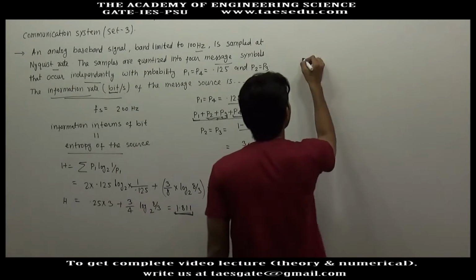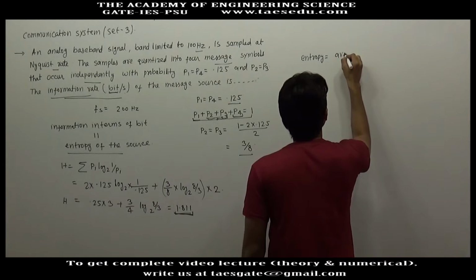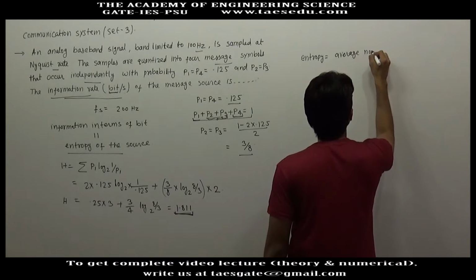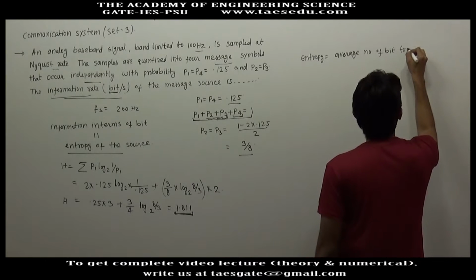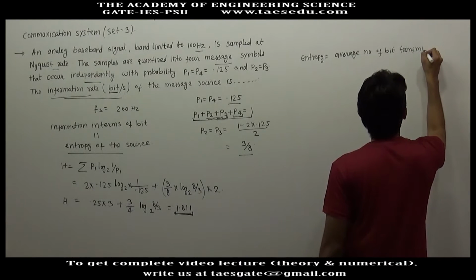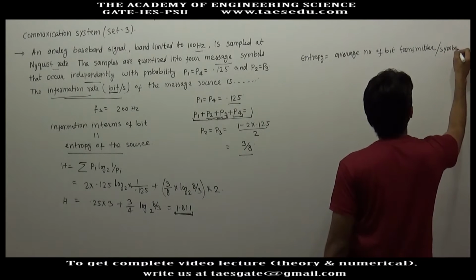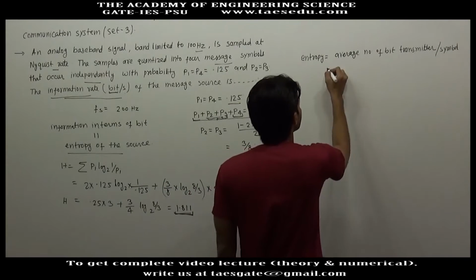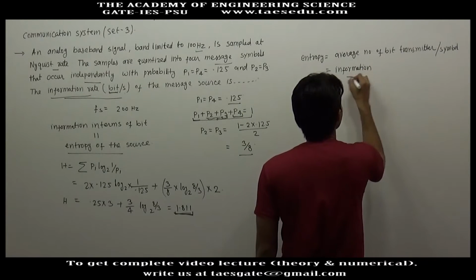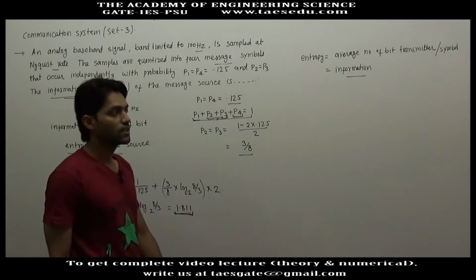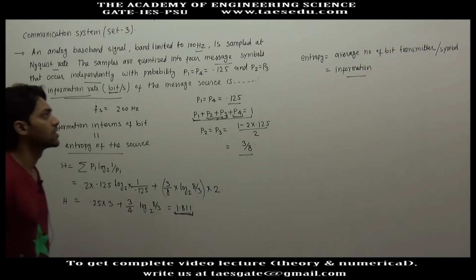Entropy is the average number of bits transmitted per symbol, and this will be the information. The information transmitted will be nothing but the average number of bits transmitted per symbol. So for one symbol